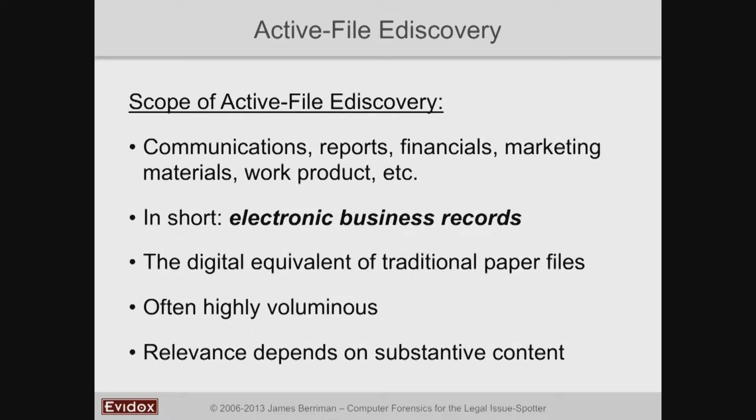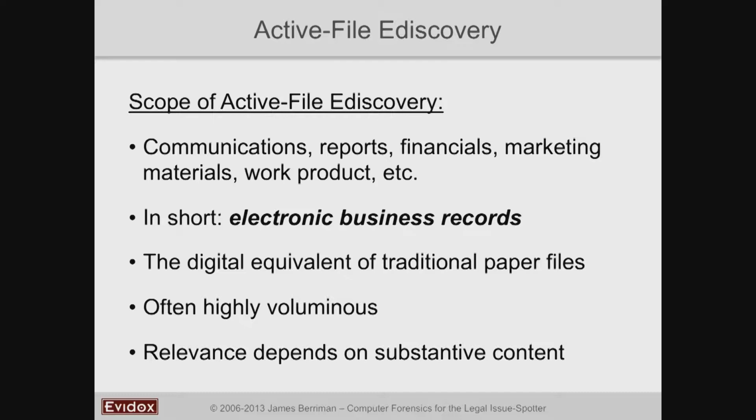So if we think not in terms of the technical format, let's put that aside. Think in terms of its business function. These are communications, correspondence, the reports and financials. These are the documents that the business uses to do what it does. Or just think of it as the electronic equivalent of traditional business records. Electronic business records is the subject of active file e-discovery. You can think of these also as the electronic equivalent of what would have been traditional paper files 10 or 20 years ago. Reports, invoices, letters,